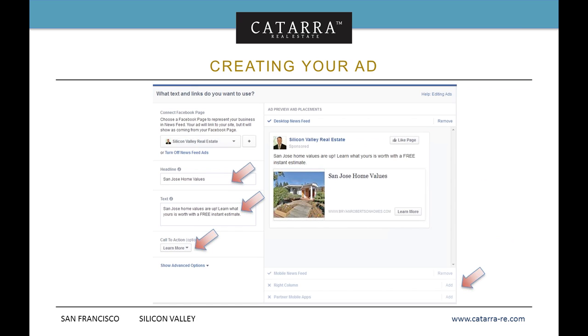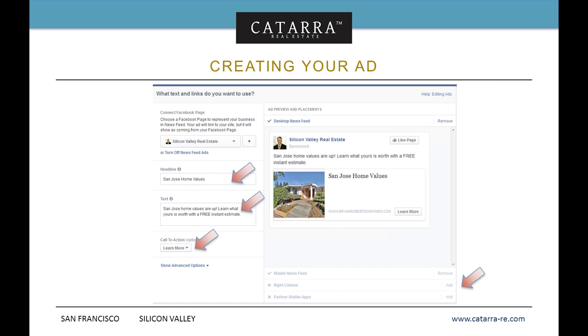If you want to change the wording a little bit, instead of saying free instant estimate, you could say free market report, free market valuation, free market information. Those words specifically do resonate with people because that's what people are looking for. They want to know what their house is worth and what's going on in the market. And the companies that I told you about, their reports add that value. So that information is there. Fast and easy, right? You want to get recent sales? That's how you do it.